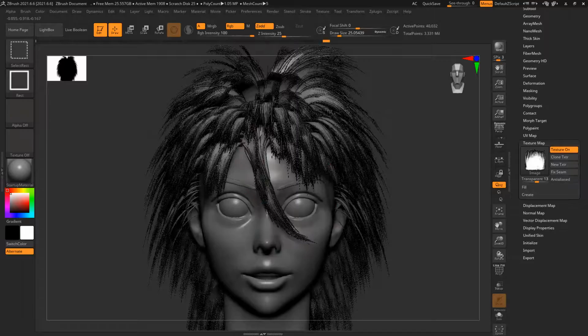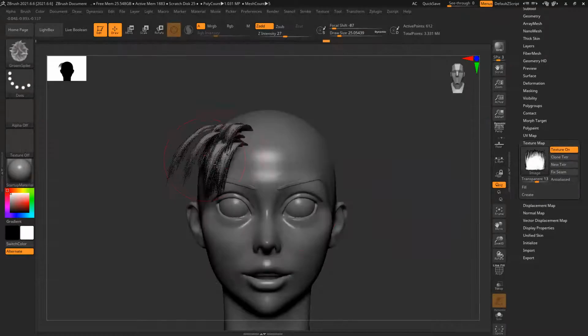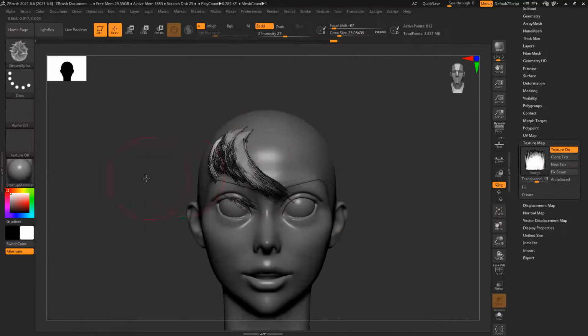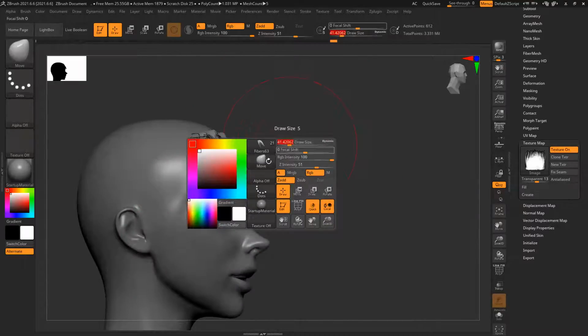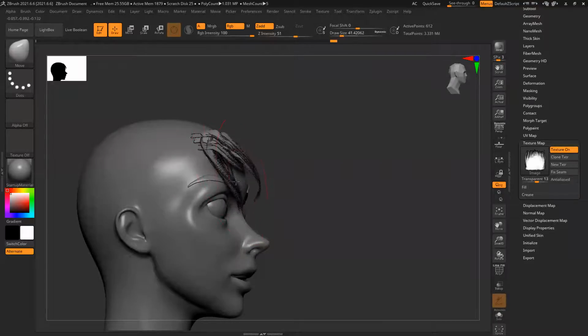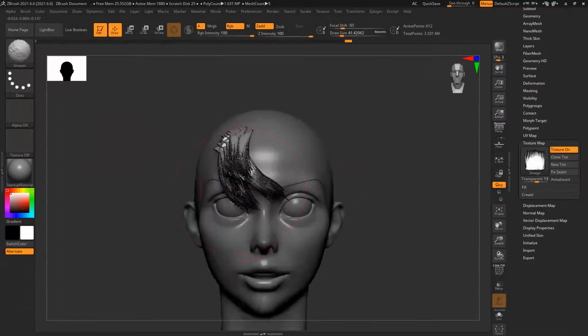Control Shift, click on another clump here, spike. BMV. And here, I don't have to model again. It's final, a very low poly model. You can see right now it's 612 polygons, only this part.